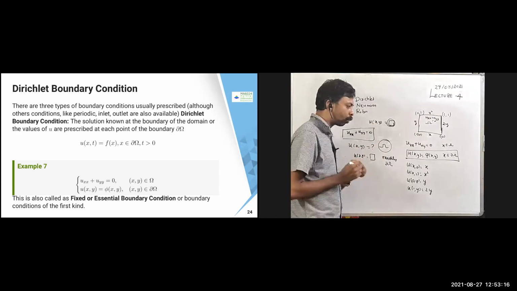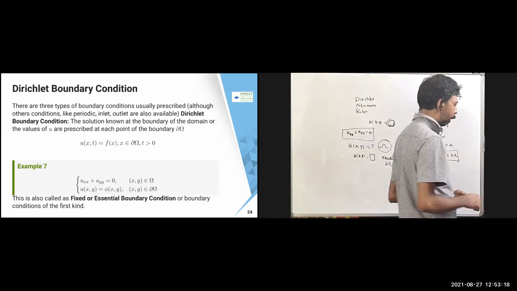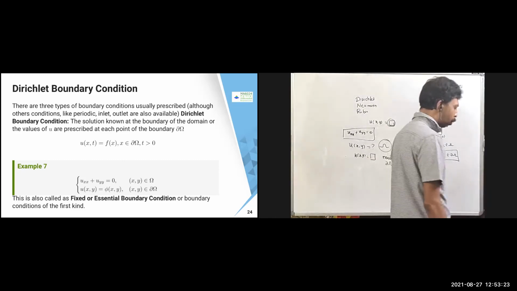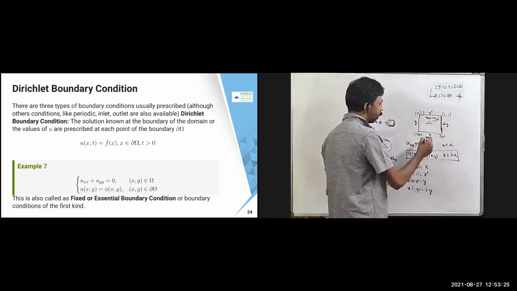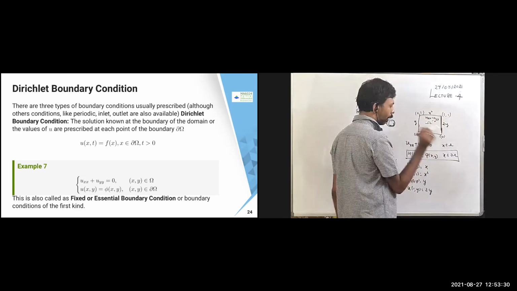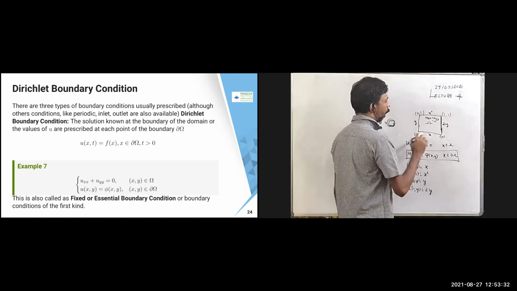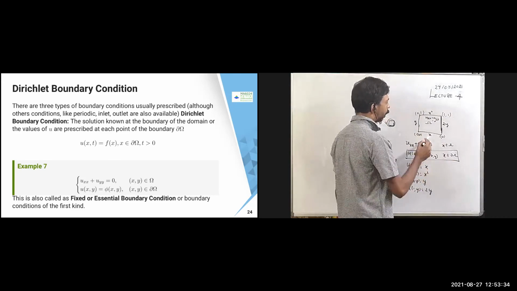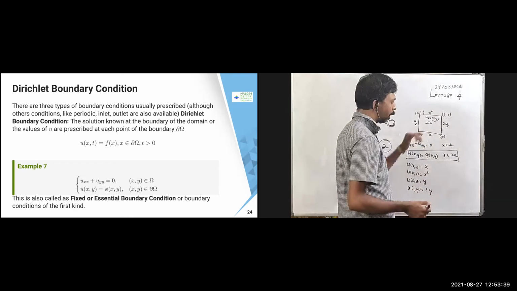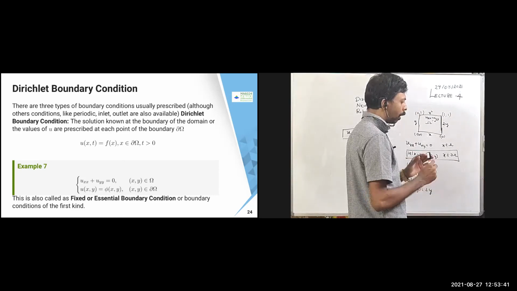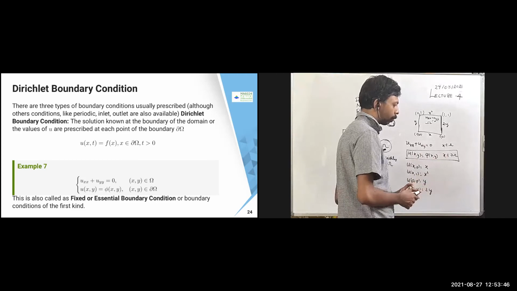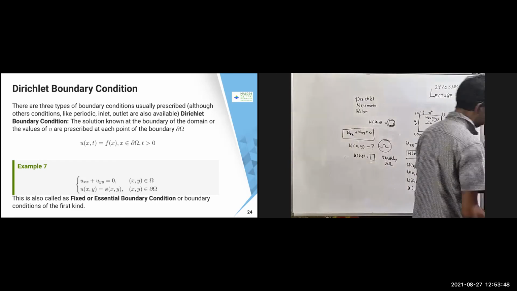And the other names for this one are fixed boundary condition or essential boundary condition. Okay, so in that case, since the values are fixed here, all these locations, the values of u are fixed. That is the reason it is called fixed boundary condition, and it is called essential boundary condition. It is due to the finite element theory literature. In that literature, they used to call it essential boundary condition, because you got to enforce the conditions in the finite element method in such a way that this is going to be satisfied. Okay, so this is called Dirichlet boundary condition.